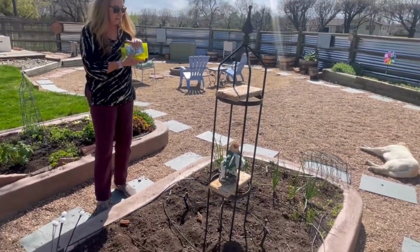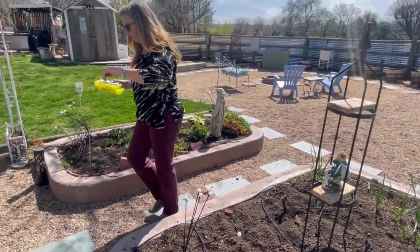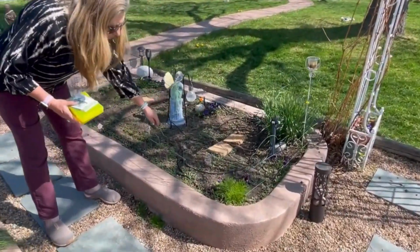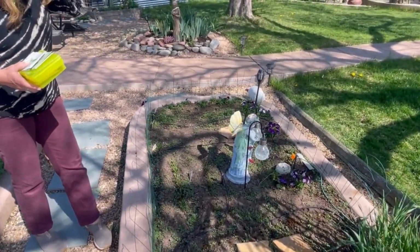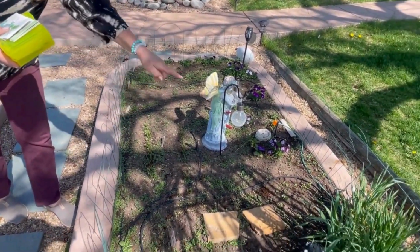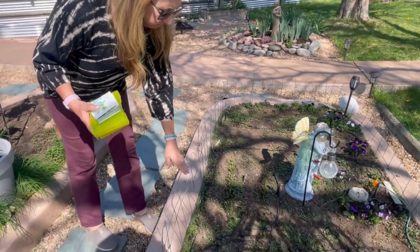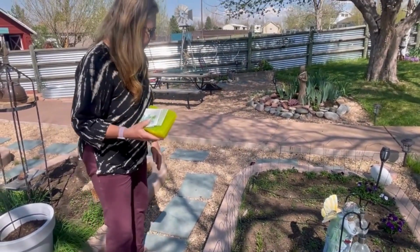I've got my seeds here, what seeds I have left, because here's the other problem over here. If you would come over here, Eddie, you can see how this fence works, because she also got into this bed and I thought I could salvage it. But between her and all the pansies that are coming up, and I think rabbits too, I think we have some rabbit issues happening. Before I put this up, they're just not going to come up,